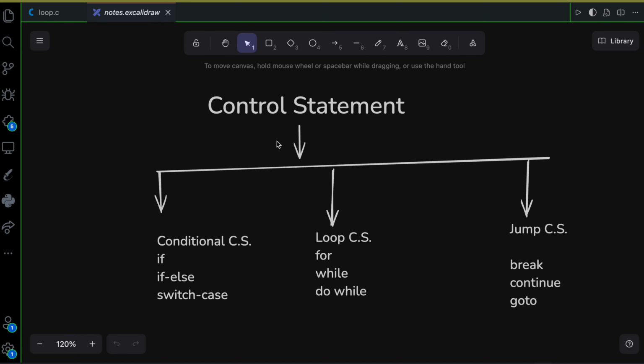All right, we are back to the control statement diagram here. We already finished conditional control statement. Also, we completed loop control statement. Now you have understanding about how to use for, while, and do while loop. Of course, we will do more programs related to the loop control statement, but it's a good time for us